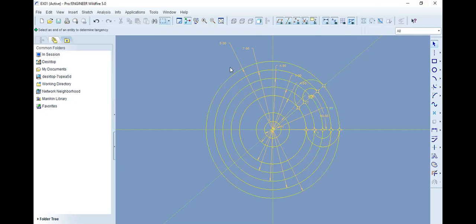Now what we need to do is delete the unnecessary segments. To delete them, we have a command called delete segment. Select that command. When you move the cursor, if you don't know which command is for which purpose, just place the arrow there and it will show you the name of the command. So this command is delete segment. Select this command.